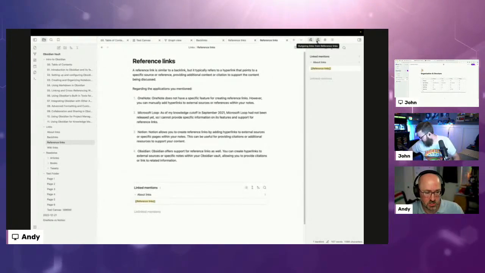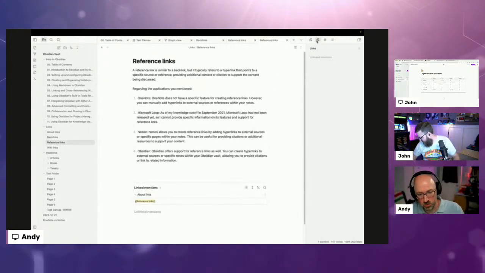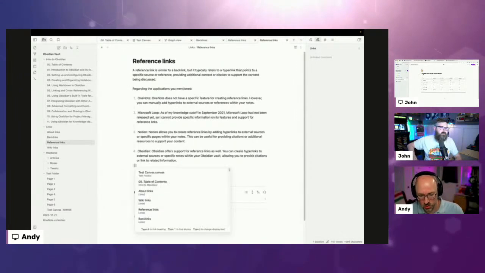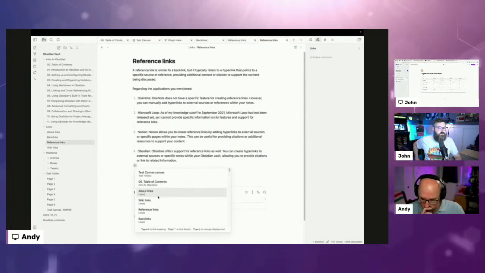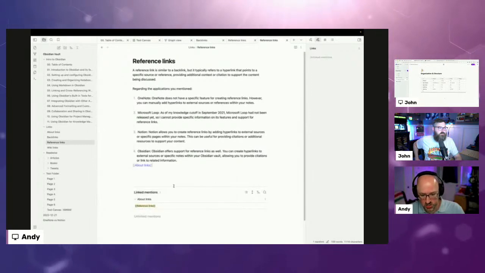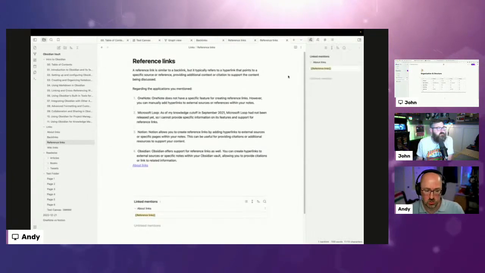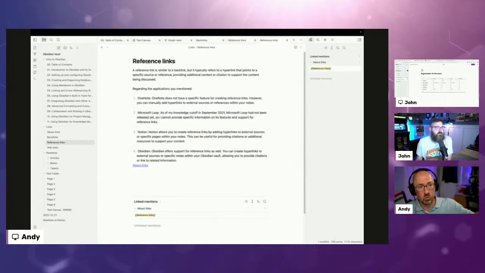If you had links built into the document, it would show those along the side. So let me go in and paste one in and say I want to link to the about section. It'll add that in, and then it should refresh and show an outgoing link related to that. So it kind of keeps track of that. But it has the ability to do the reference linking as well, linking to that external source.